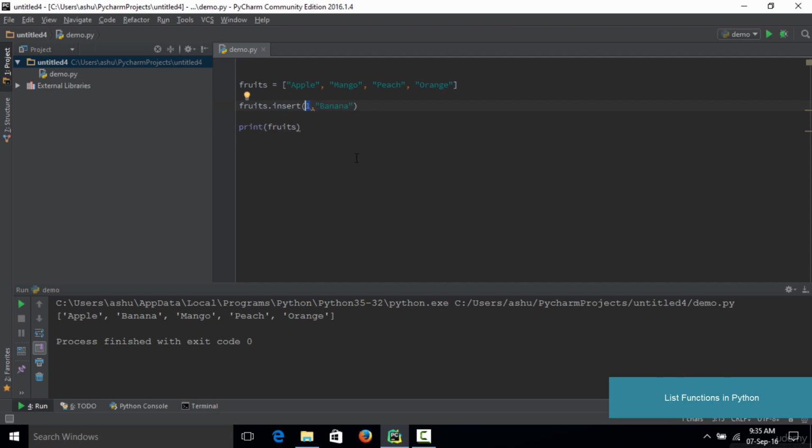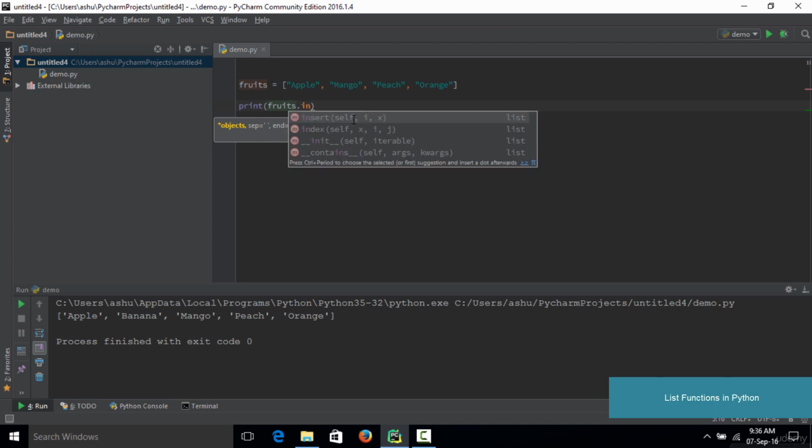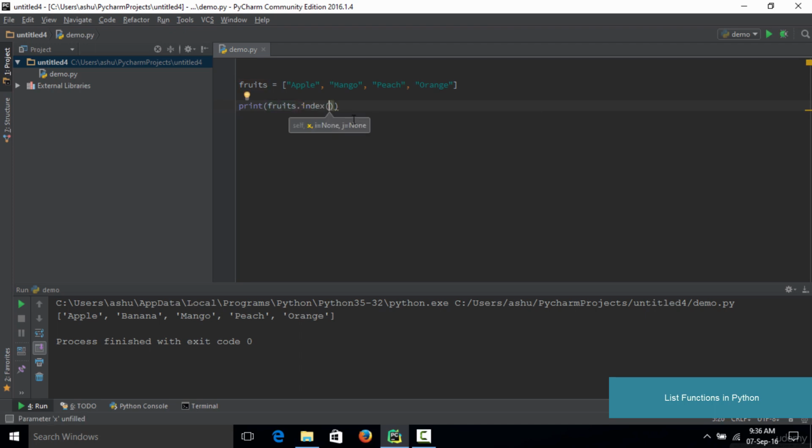Now the next function which we are going to learn here is called the index function. What the index function essentially does is return the index value of a particular item in your list. So for example, let's say you want to identify at which position peach is present in your list. For that you could simply type in print, and type in your list name, which is fruits dot index, and inside the index you pass in the item for which you want the index. We want the index of peach here, so I'm going to mention peach here,